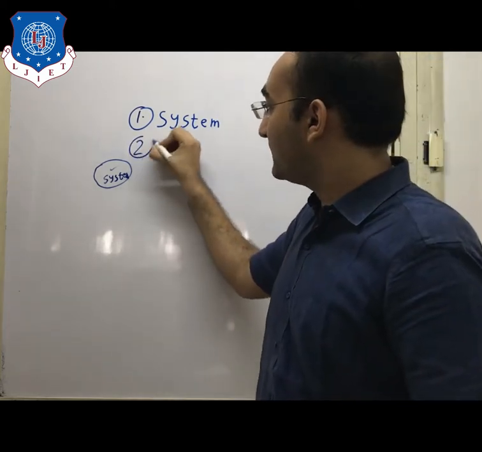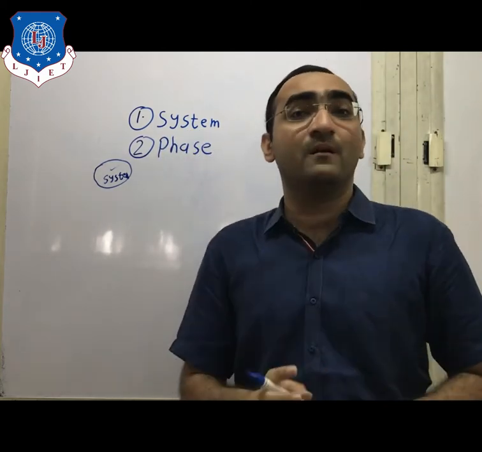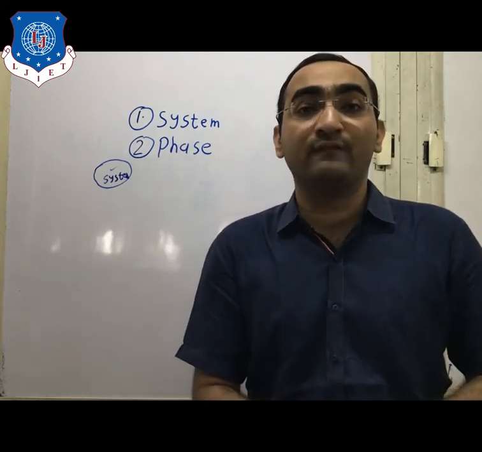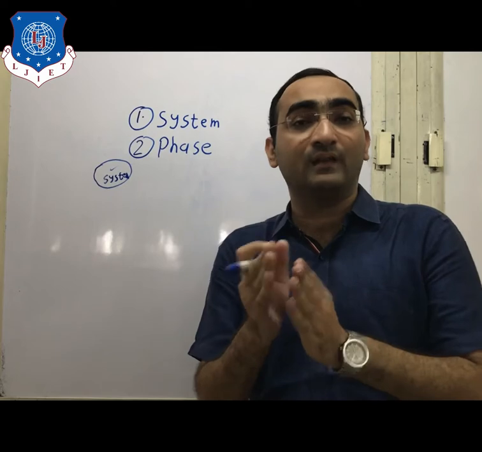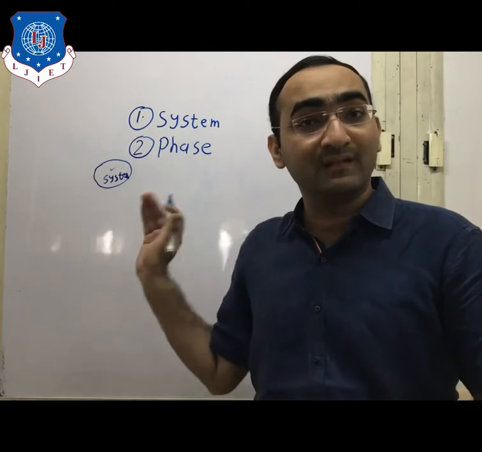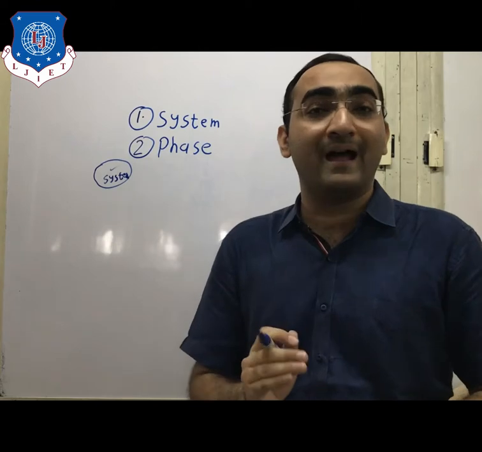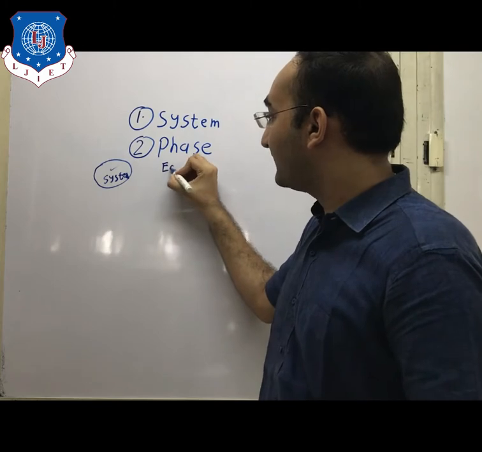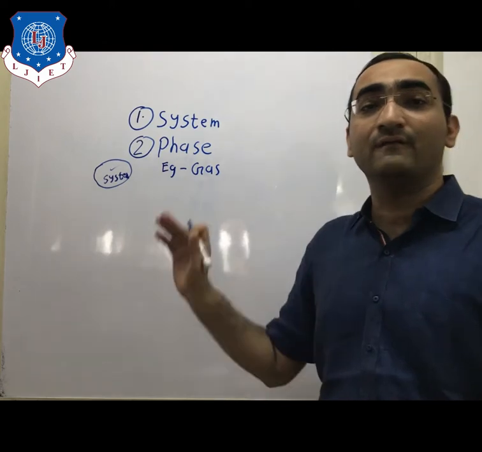The second definition which comes is known as a phase. What do you mean by the phase? You will be aware of the solid phase, liquid phase, and gaseous phase. For detection of the phase, at a given temperature and composition, we see in which form your material is. That is known as a phase. It is also important to remember that a phase is a homogeneous system which is separated by a boundary layer. Examples of phases are the gaseous phase, solid phase, and liquid phase. These are the different phases which we are taking.